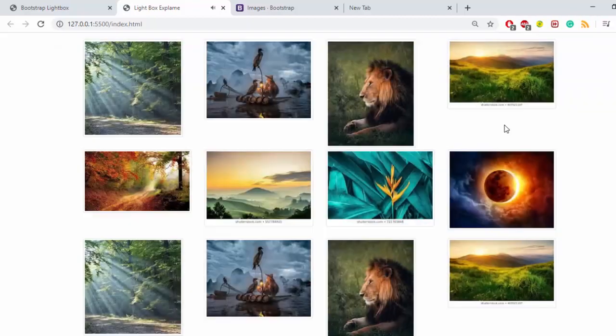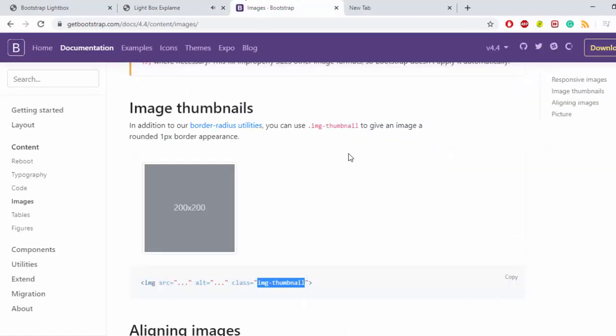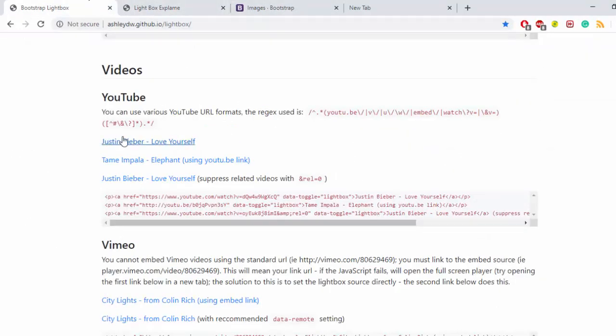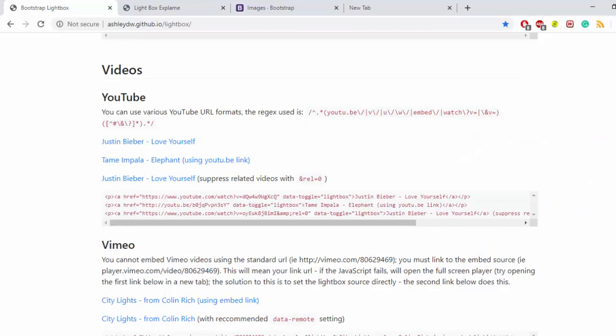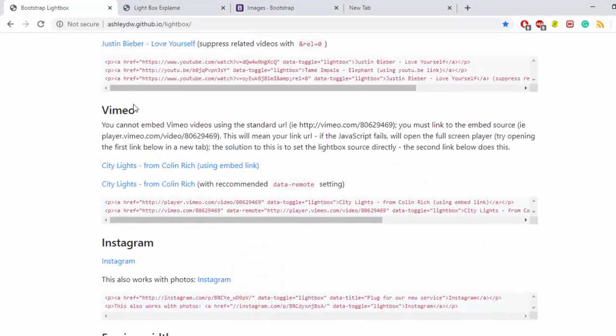So image based video, here you go. You can write your text and play the video, or simply you can use this image and play the video. Simply you need to have your reference as YouTube, the simple part, right? So YouTube video, similarly you can have Vimeo videos. So you need to copy their link and paste it out here.